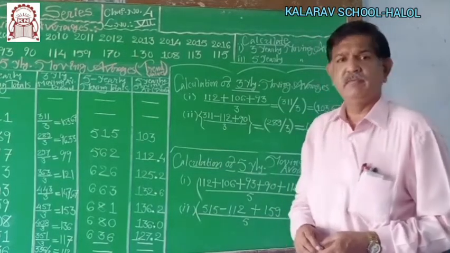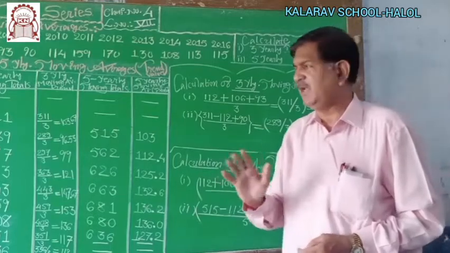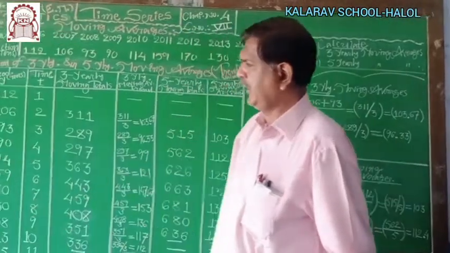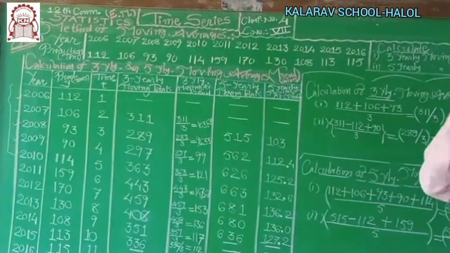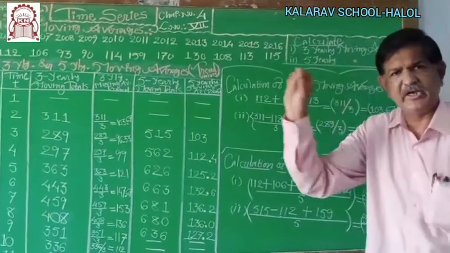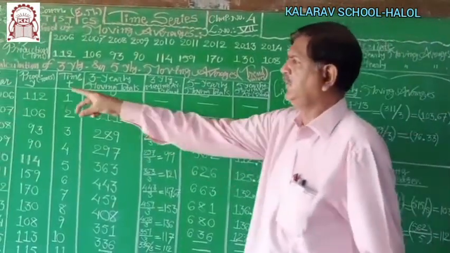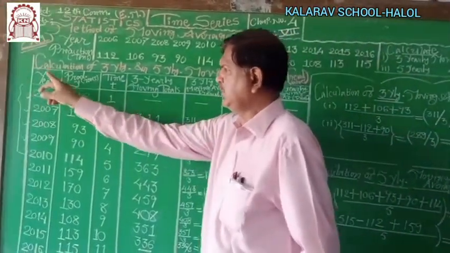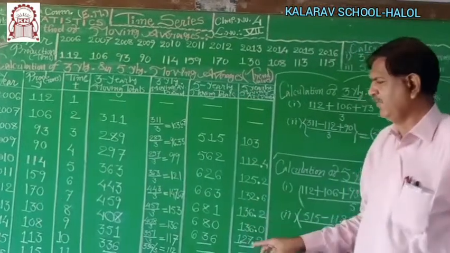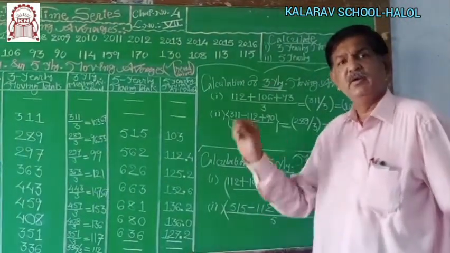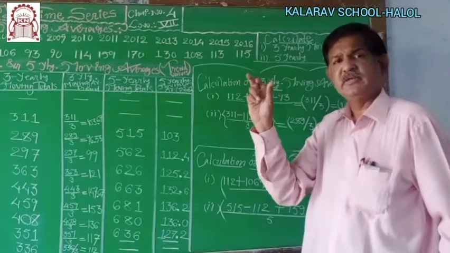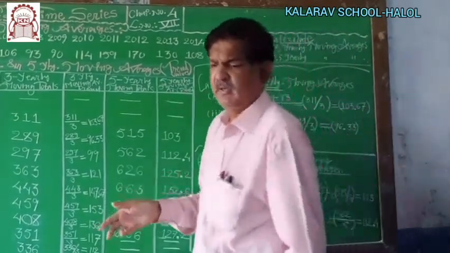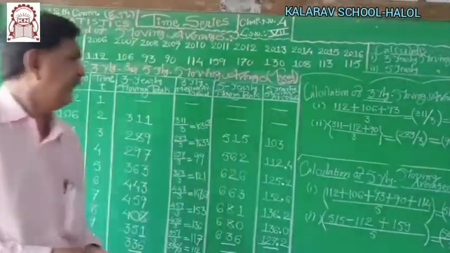Also we can draw a graph for this. If you draw it parallel with the actual data, you get the actual line. The trend line, denoted by a dotted or broken line, is drawn with the 3 year moving average, means trend values, or it can also be shown with the 5 yearly moving average. Then you will obtain the trend line. Trend means what is the trend of the equation. It is shown by graphical working.